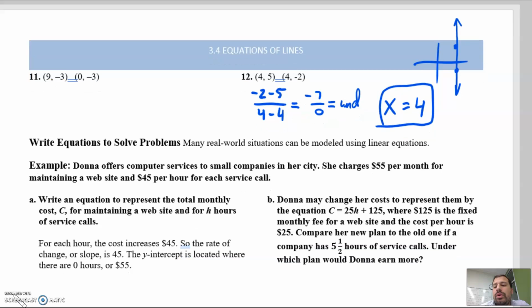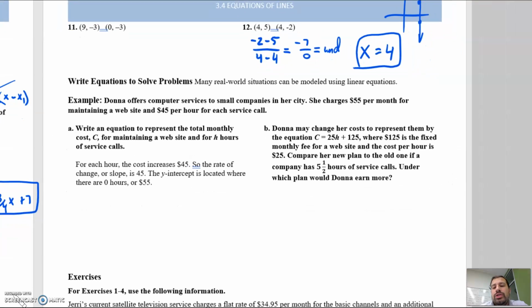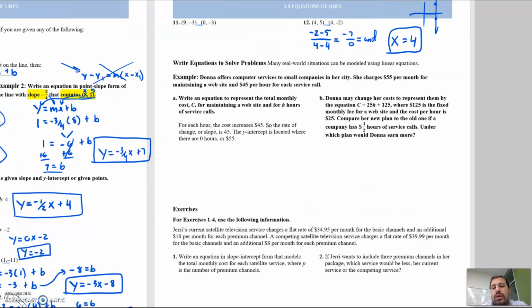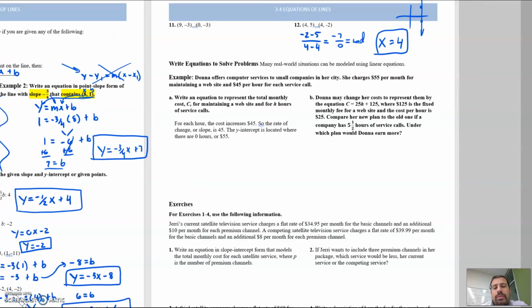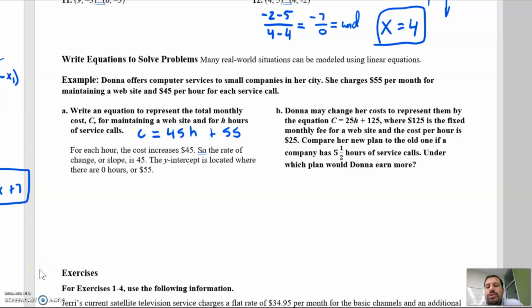Okay, you guys try number 11. Actually, let's do this. You do number 11, and then I'll see if I can fit in the next example. So pause the video, do 11, and then come back. Okay, at this time you should have already done number 11. We're going to take a look at the